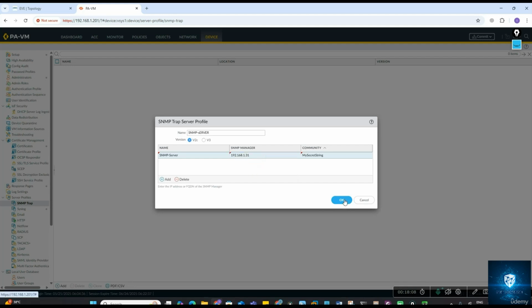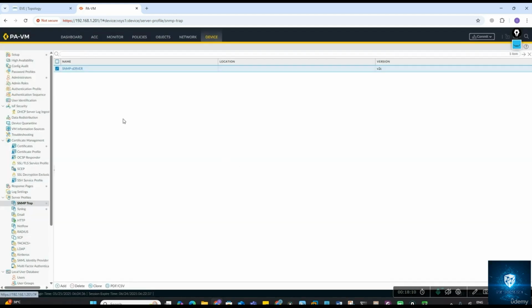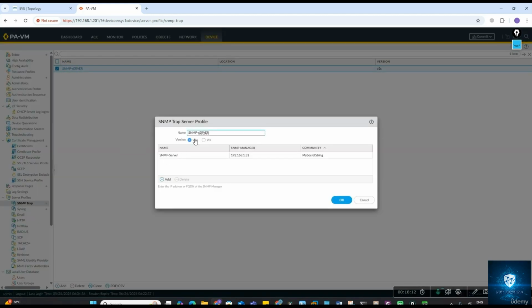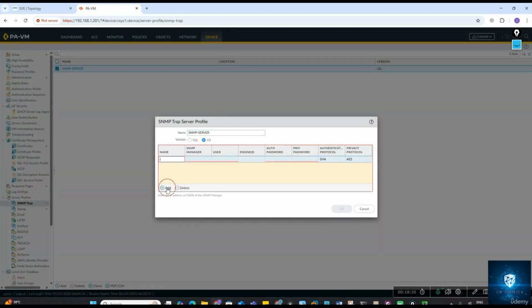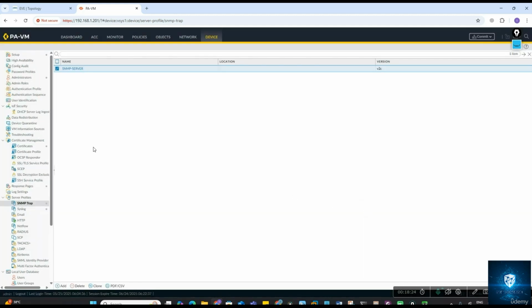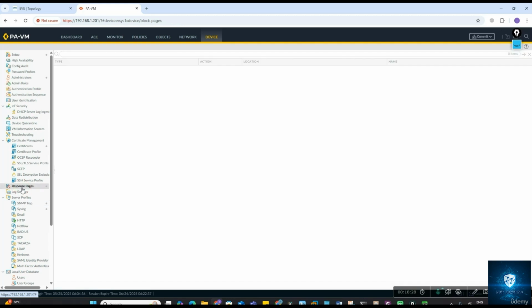Alright, so that's all I have to keep as the setting. Let me check again. Let me keep this as caps. I can even specify version 3 as well. If you see here, you can add all those details, right? So that is something you can also do there. Now once you have this, you also have to go to the